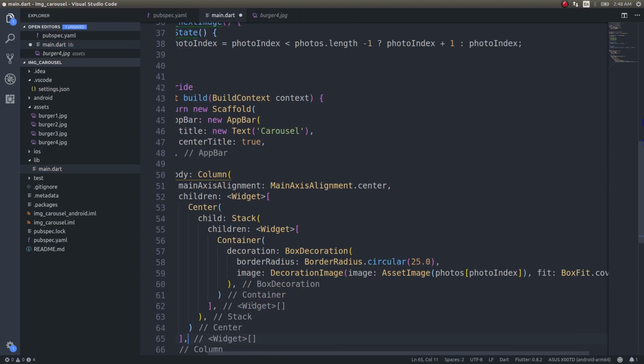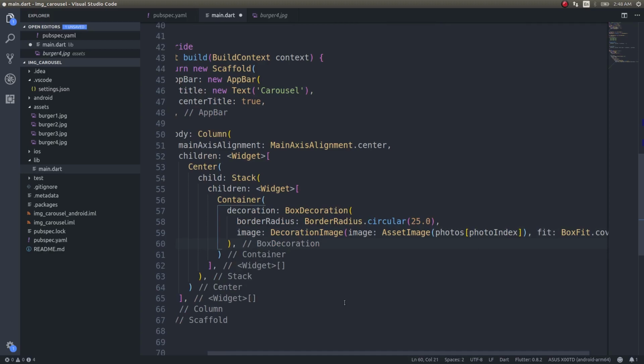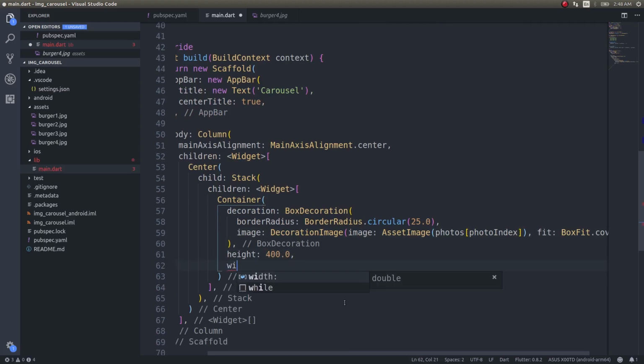Now as per this index, that particular image will get displayed here, and this is the decoration. I need to give a height 400. It will be a big image, width 300. Okay, so now I have a container that will just display the image. The next thing I'll do is I'll have a row after this container, even after this stack, I'll have a row,